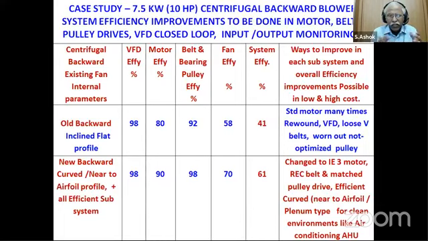So straight away we can see around 20% savings. You can see it on the VFD, on the motor, on the belt and pulley, on the fan efficiency and the system efficiency. The old fan efficiency is around 50 to 60%. The new one is around 70 to 80%. This is where we are concentrating. One is on the impeller side. The next one is on what is given to the fan impeller, what is given to the fan shaft from the motor end, and how the overall system efficiency can be improved upon.